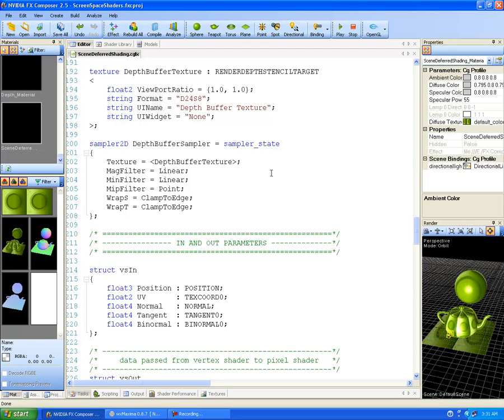But anyhow, all that aside, okay, so texture here is depth buffer texture colon render depth stencil target. And open less than sign here, float to viewport ratio equals curly brace 1.0 comma 1.0 close curly brace semicolon, string format equals in quotes D24 S8 close quotes semicolon, string UI name equals in quotes depth buffer texture close quotes semicolon, and then string UI widget equals quotes, none, close quotes, semicolon, close greater than sign, semicolon, sampler 2D, def buffer sampler equals sampler underscore state